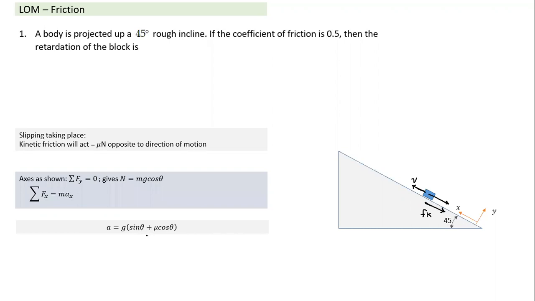You notice here the reason we have taken up the question: when the block is tending to slide downwards, in that case mg sin theta acts in the downward direction. Mg sin theta always acts in the downward direction. The friction may act in the upward direction or the downward direction depending on the nature of the question. If the block is moving up, friction force will act in the downward direction. Hence this is the retardation.